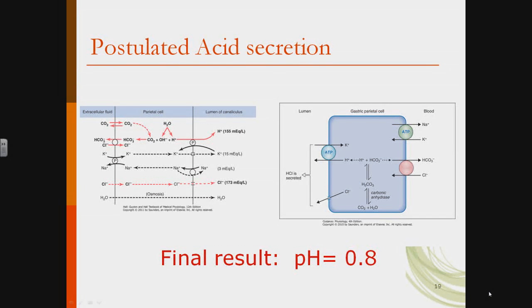When you eat food, this whole process increases, and you get more and more bicarbonate going into your blood. When bicarbonate goes into your blood, pH rises. That means you get more alkaline. And when this happens, we call it the alkaline tide. And it partially explains why you start to feel sleepy after a big meal.